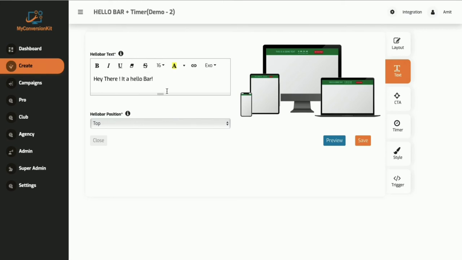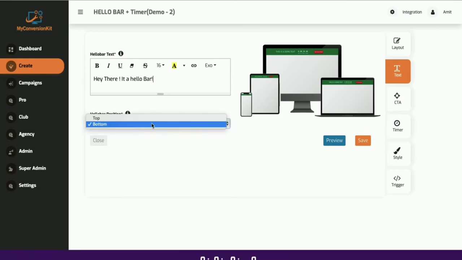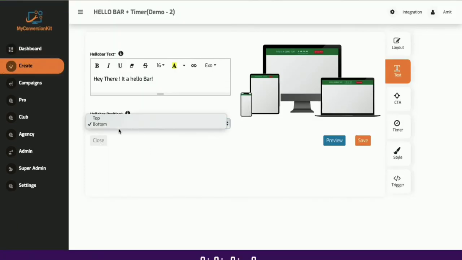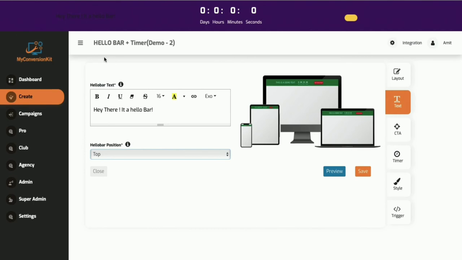You can add whatever text you want. Now select a position, top or bottom. You can preview how it is looking right now, top or bottom. Okay, this is top and this one is bottom. Perfect. We can design our text over here. You can change the color, you can change size, whatever you want you can do.